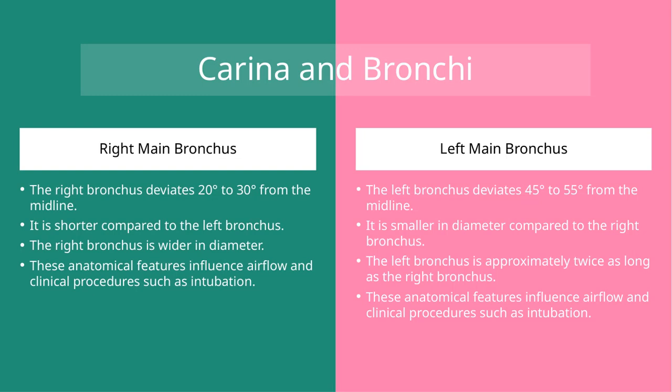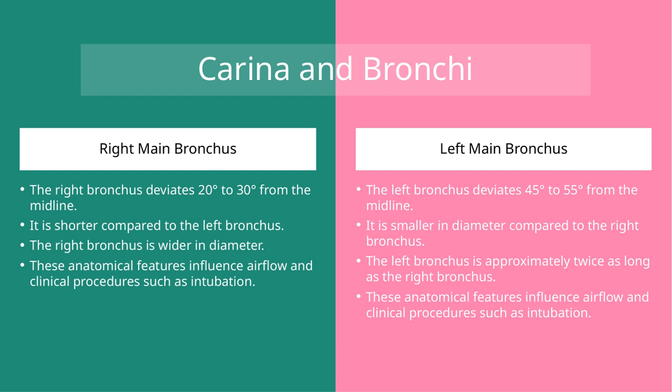Let's take a closer look at the right bronchus. It deviates about 20 to 30 degrees from the midline, meaning it angles more sharply compared to the left. It's also shorter and wider in diameter, which has important implications. These anatomical differences affect airflow dynamics and are especially relevant during clinical procedures like intubation, where understanding the bronchus orientation